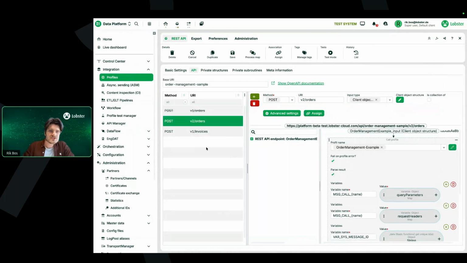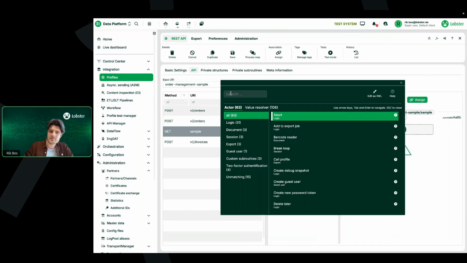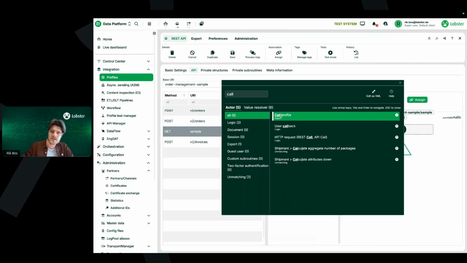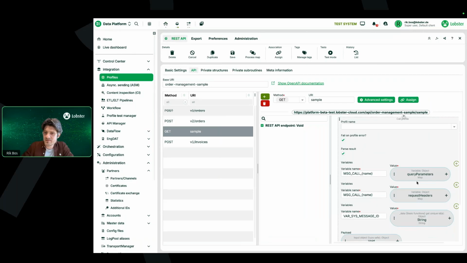How hard is it to set up a new one, you might think? And actually that is rather simple. If I hit plus, I can create a new endpoint. I call it sample. Here I can basically say call profile. And then you see that there's a bunch of settings I can do to propagate some information, but there's also,